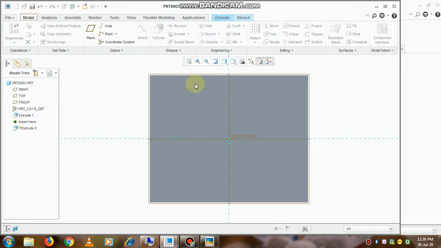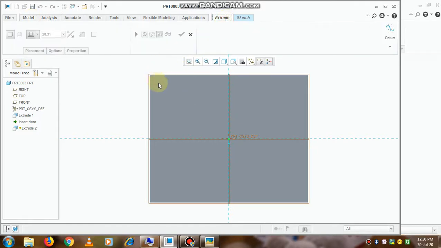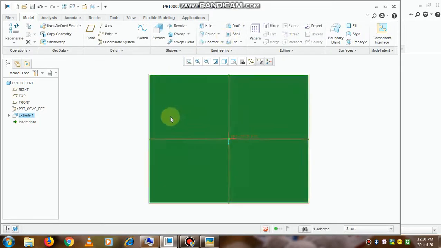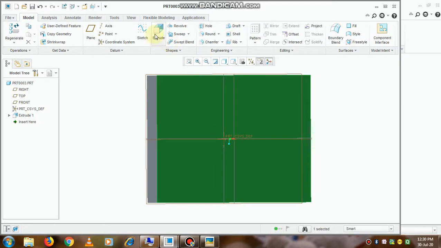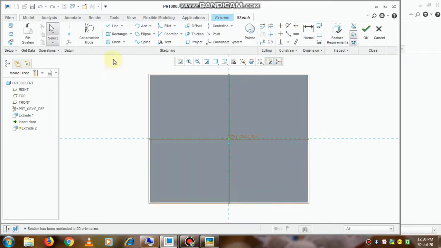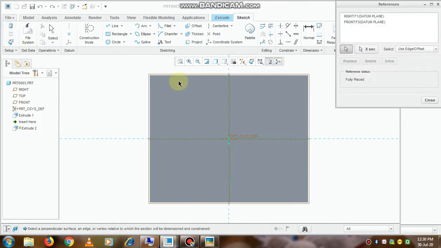Now again go to the model tab. Okay, so this is the top plane where we are going to do the extrude command, and click on the option sketch view.